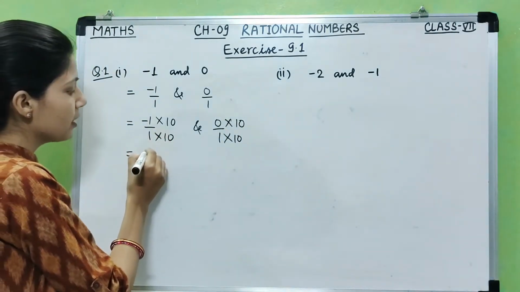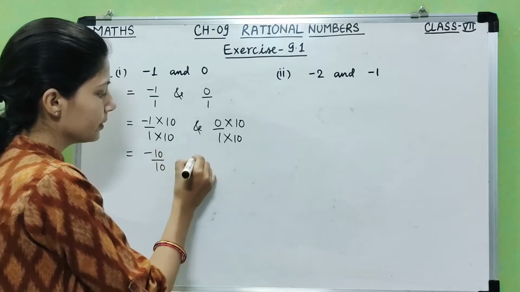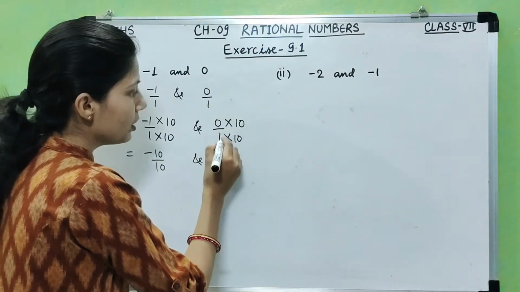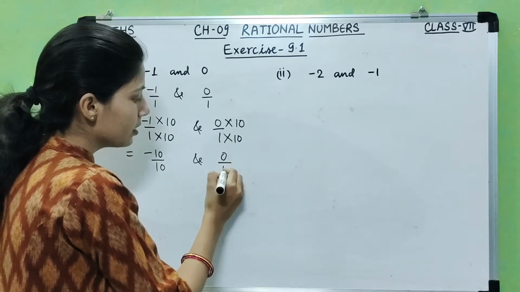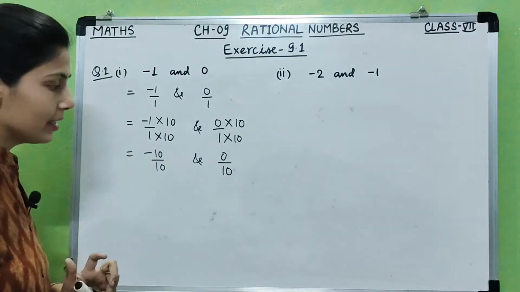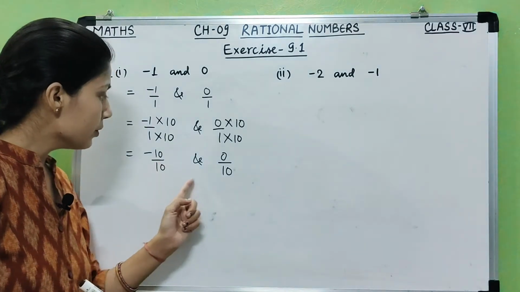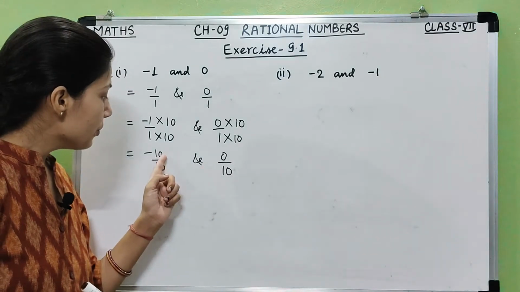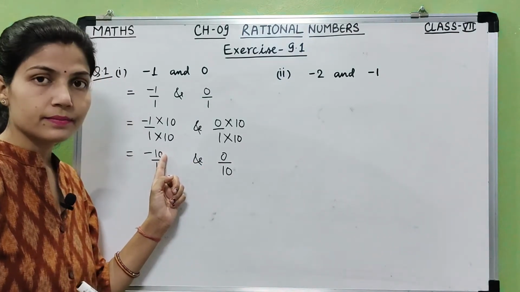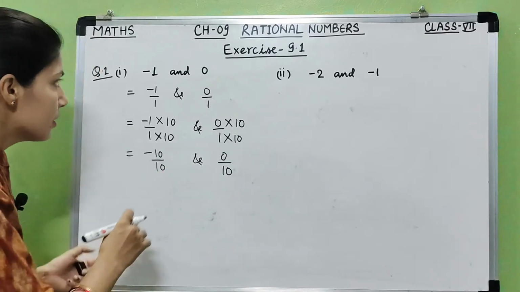So 10 into -1 is -10. 10 into 1 is 10. Okay, and 0 into 10 is 0 and 1 into 10 is 10. Okay, now see, these are like rational numbers because their denominators are same. Now see, between 0 and -10 there are many integers. Okay, so that means